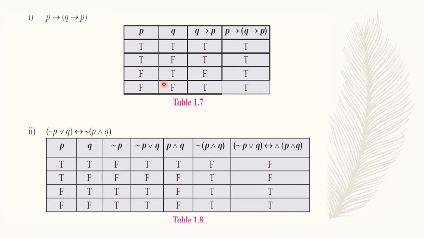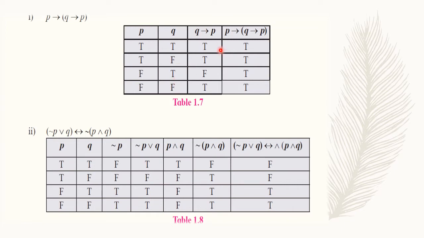Okay, but when it comes to three statements, there would be 8 cases. That time we will follow a different pattern of writing. When we discuss the three-statement one, we'll understand which pattern we have to follow. Anyway, here it is T, T, F, F and T, F, T, F.